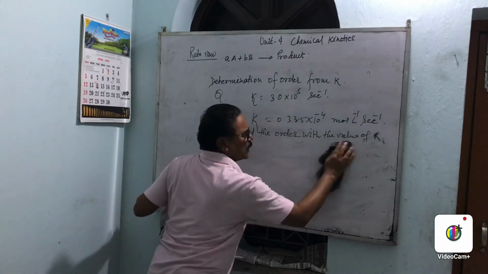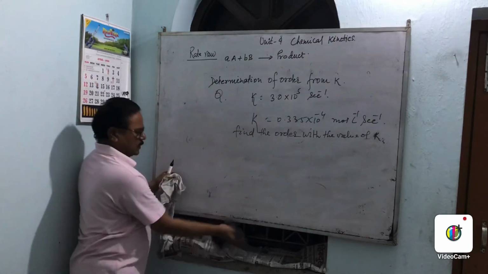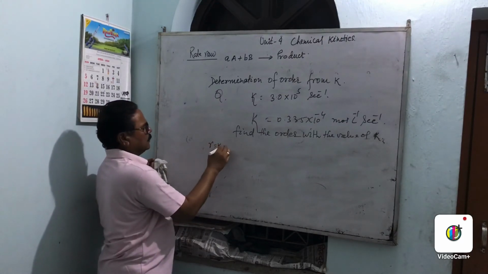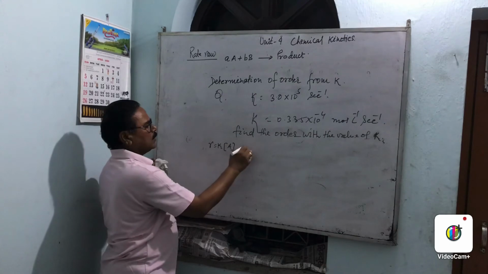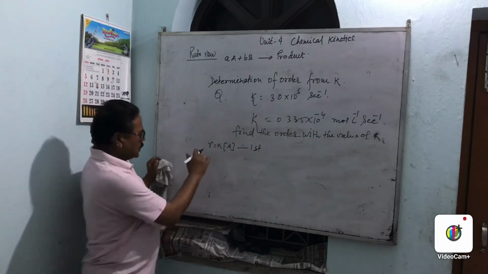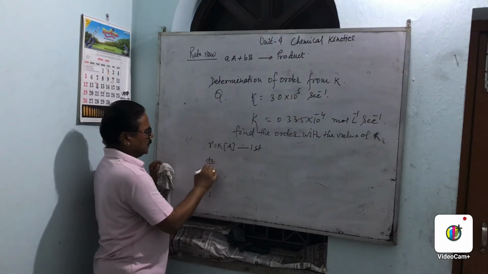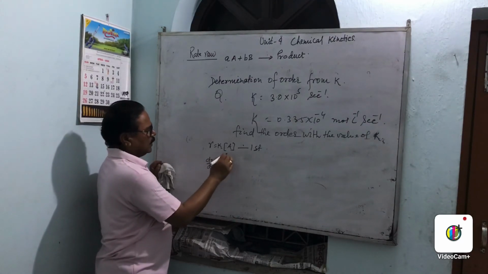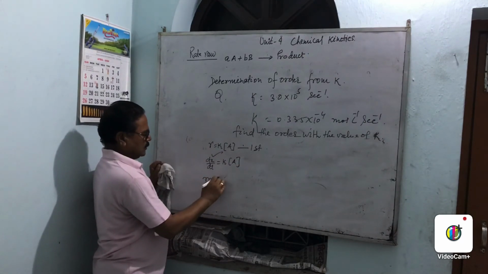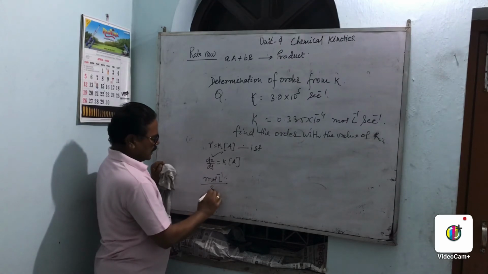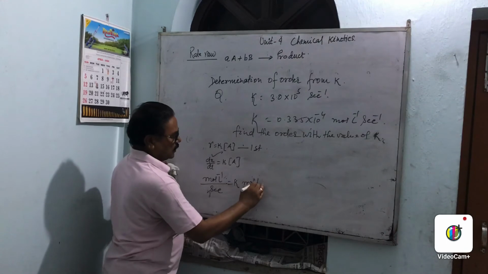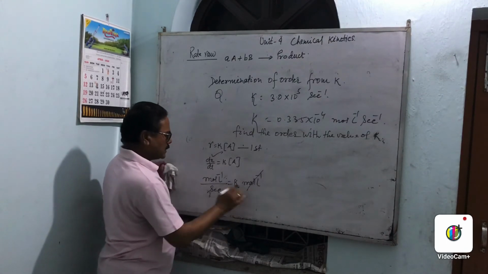So by formula we can also calculate the orders, right? Suppose the rate is equal to k times a. What is the order? That is first order. Is it clear? This is first order, so we solve it. Rate is equal to dx by dt or dr by dt, k and this is a. The concentration is in mole per liter and the time is taken in seconds. Here is k, and this is mole per liter, mole per liter, so this cancels.